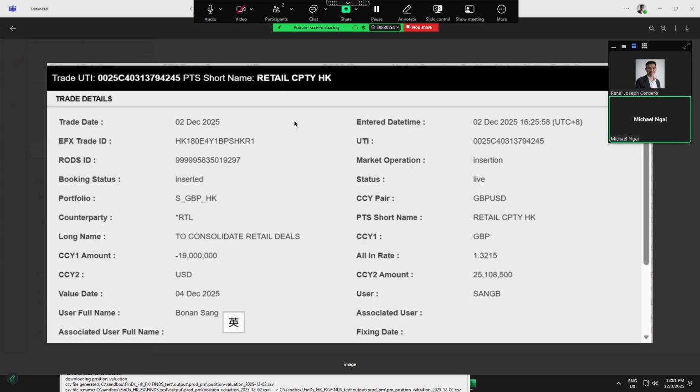Here it means at 4 p.m. yesterday, our traders just sold 90 million to RA. I'll teach you how to look at the ticket later, but this is the concept: why we suddenly have a large position on RA is mostly because the traders did something.